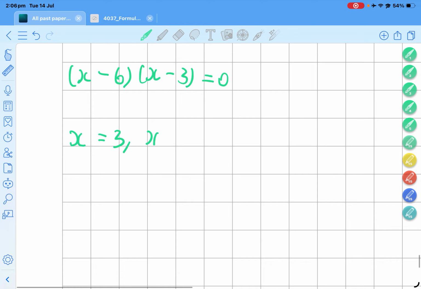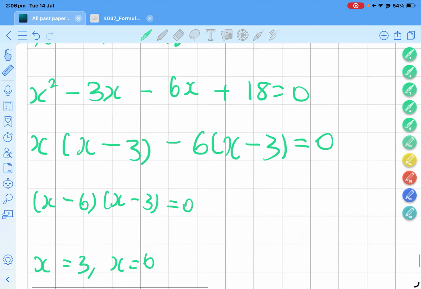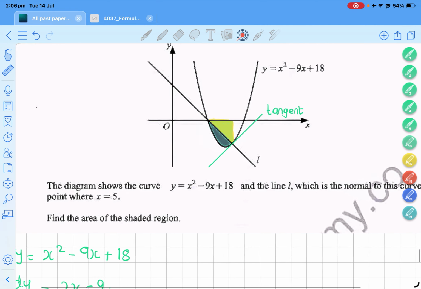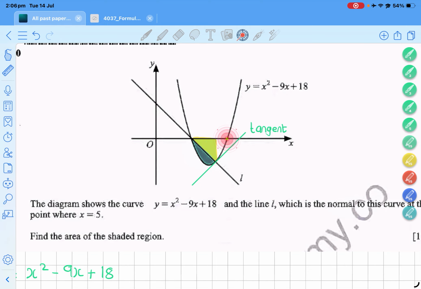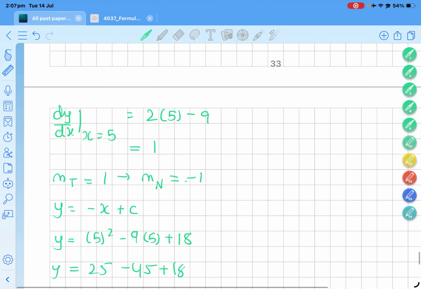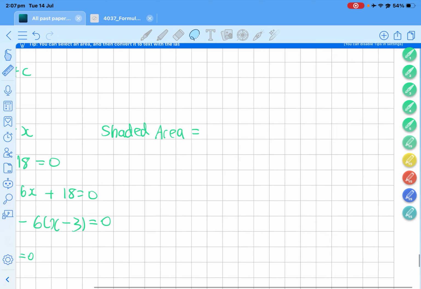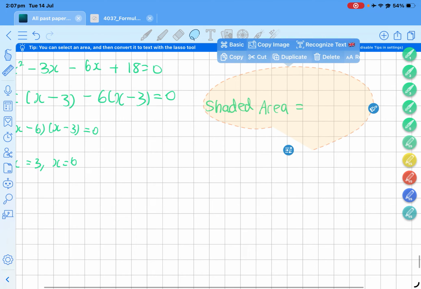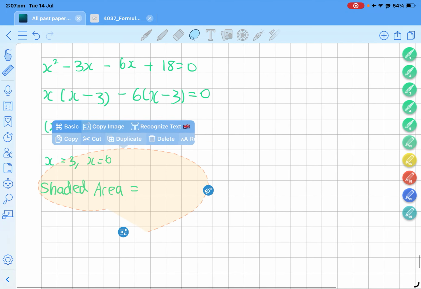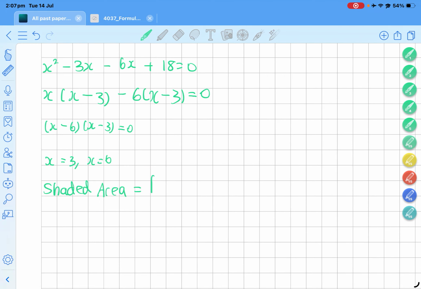So we should ignore x equals 6 because x equals 6 is actually this one. We want the integral between x equals 3 over here and x equals 5 over here. Okay, so now we can write down the shaded area. So the shaded area will be the integral from 3 to 5 of